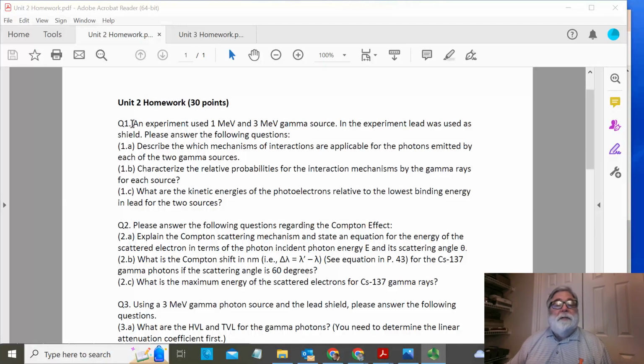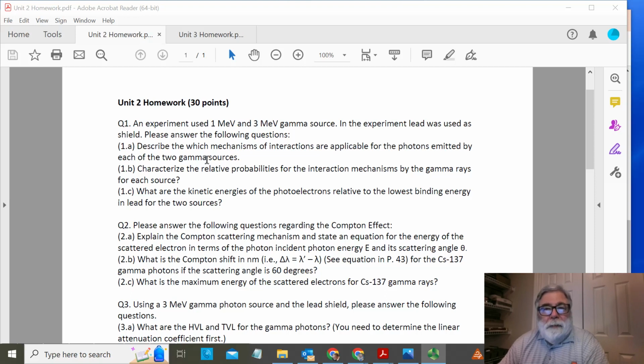There are multiple ways to do it. I might discuss some alternatives as we go. We will see. So the first question is about gamma rays incident on lead. They want to know about the kinds of interactions that can take place, etc. So if we have a 1 MeV gamma ray incident on lead, a heavy atomic element, then we know that it's less than 1.02 MeV,